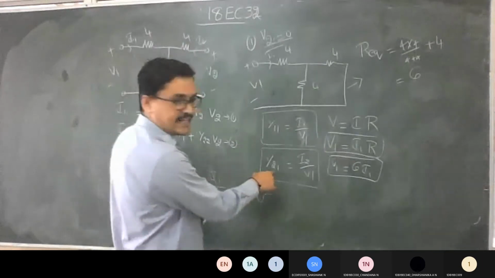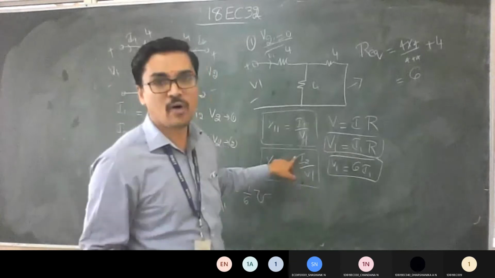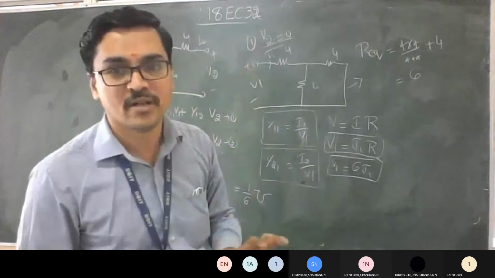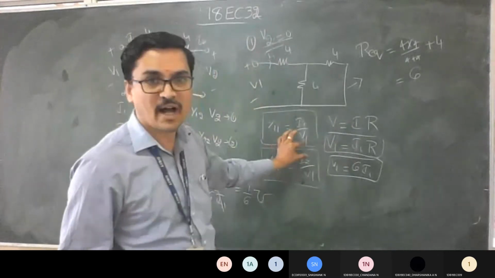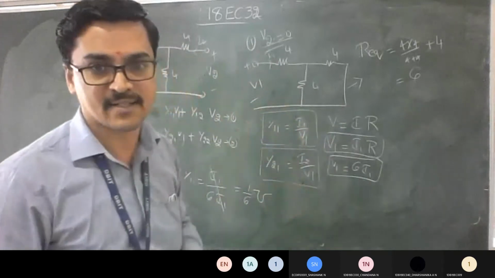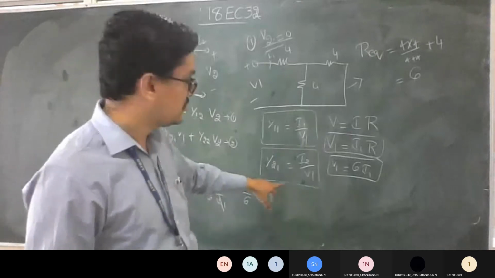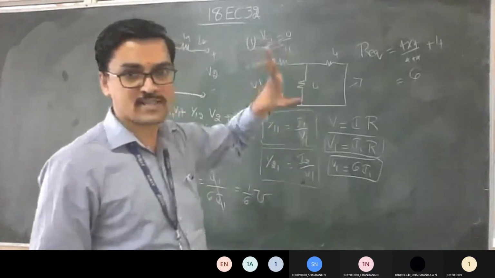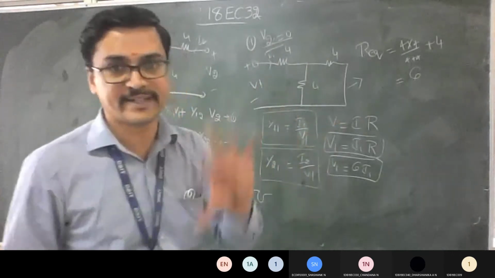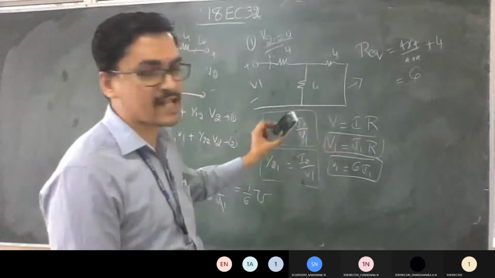To find this second answer, I can't write V1 in terms of I1 because you have I2 already. If I convert I1, it's no use. So what you should do is make this I2 in terms of V1. Then V1 will get cancelled and you'll get the answer. So what can be done? Just think. To find I1 by V1, no concept is needed, you can directly write it. But for this one, I can't write V1 in terms of I1 because I2 is there, it won't get cancelled. So you need to write I2 in terms of V1.